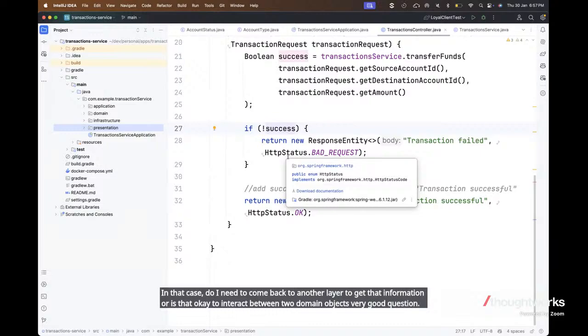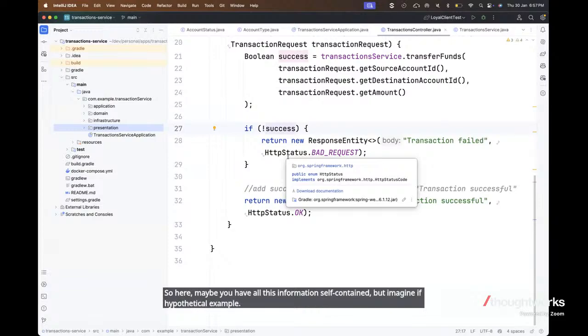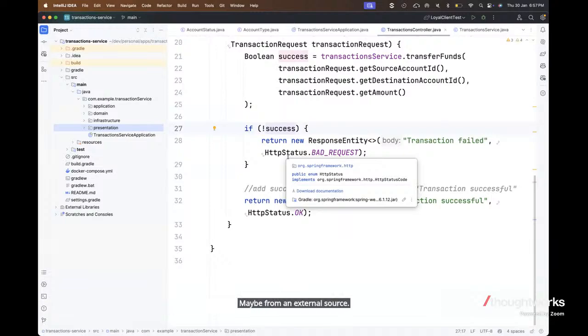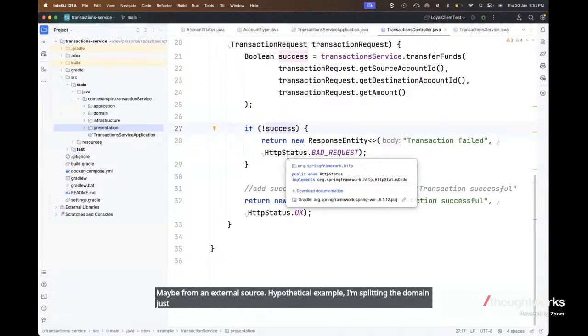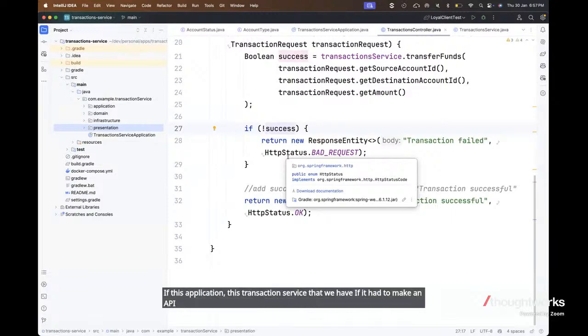So here maybe you have all this information self-contained, but imagine if, hypothetical example, say minimum balance was to be fetched from some other source, maybe from an external source. Hypothetical example, I'm splitting the domain just for demonstration. If this application, this transaction service that we have, had to make an API call to get the minimum balance information,